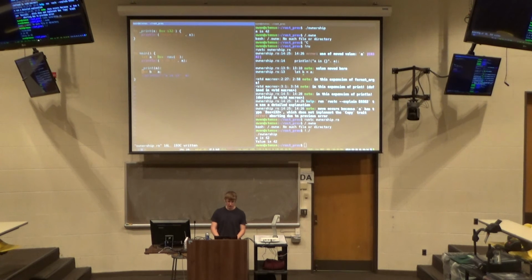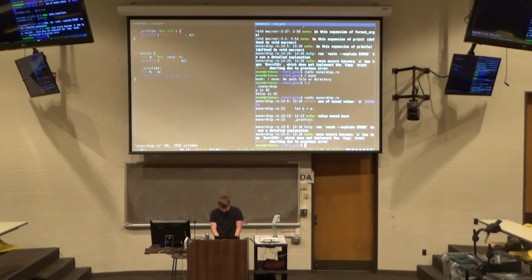But if we call print on A, and then we try to set B equal to A, we're going to have a bad time. Print consumed A. It took the value x, and it didn't return anything. So A's ownership was transferred into print, and as soon as we go out of scope there, it was destroyed. So A no longer exists here. That is kind of inconvenient, so we could do something like